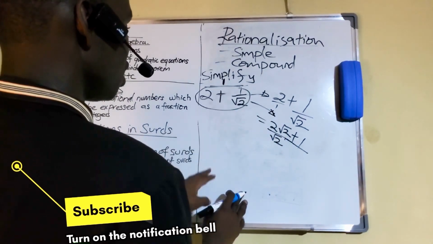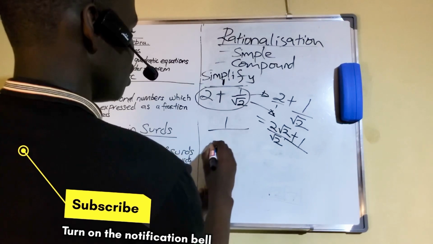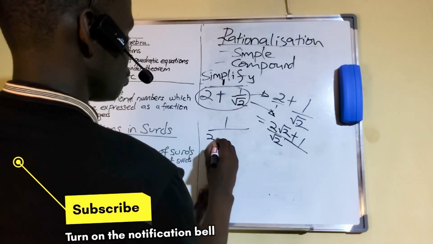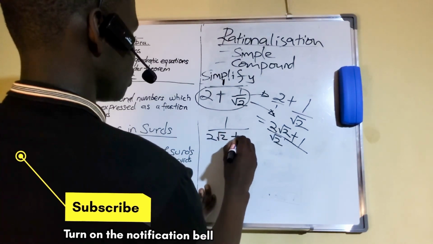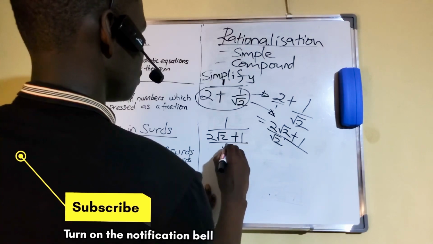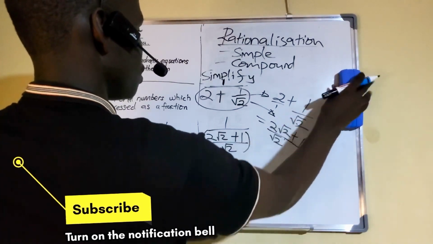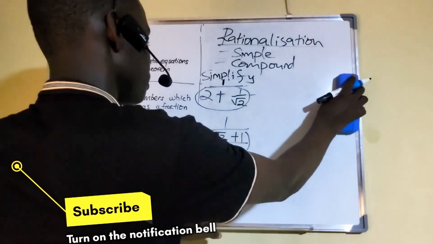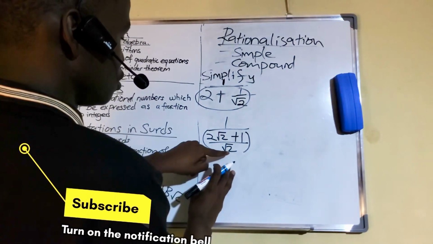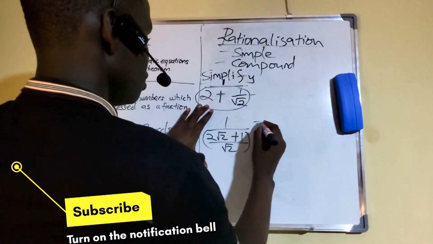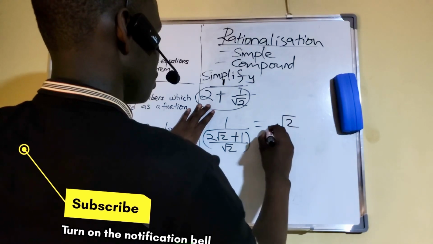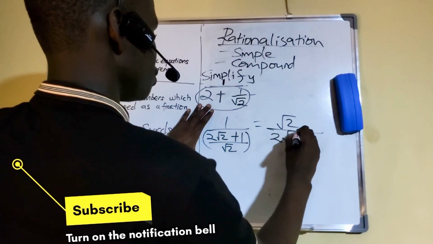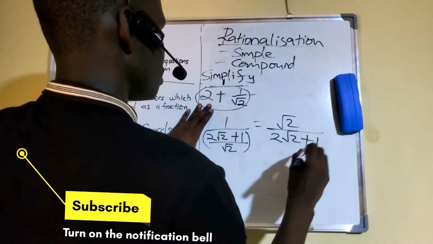So I'm going to replace this and say 1 over this, 2 root 2 plus 1 over root 2. Now this root 2 can go up here and I get root 2 over 2 root 2 plus 1, which